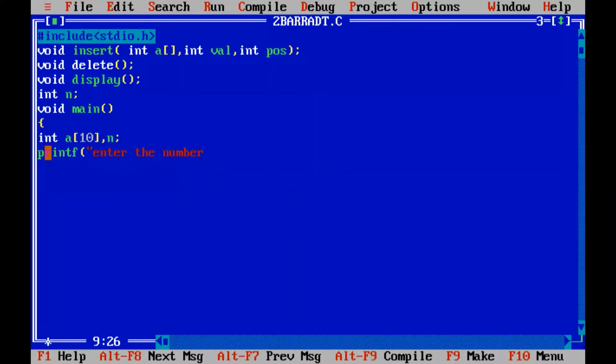Enter the number of elements, right? Which variable will I be using in order to get the number of elements? Which variable will I be using? Praveen, can you tell me? In which variable will I...